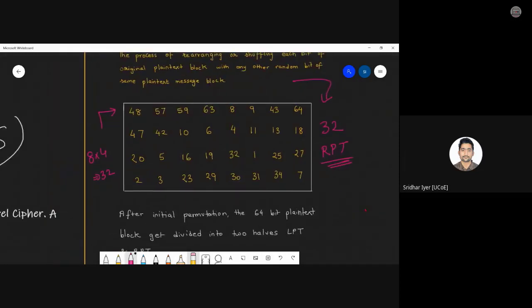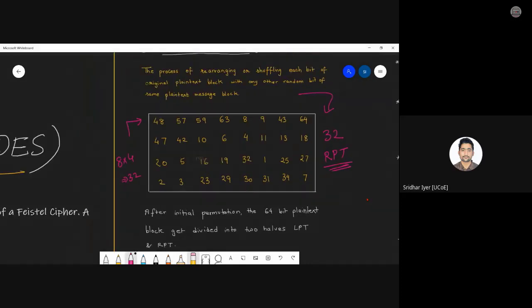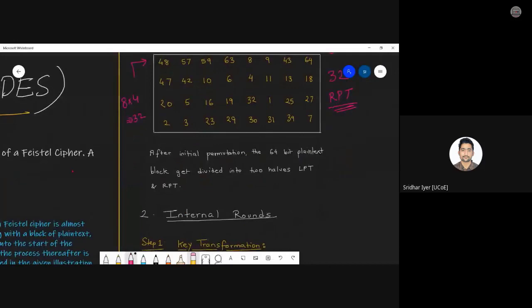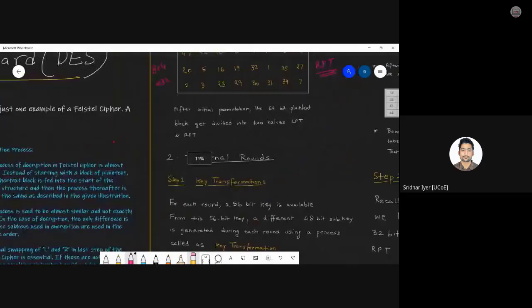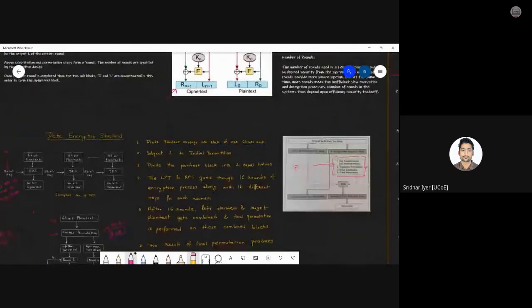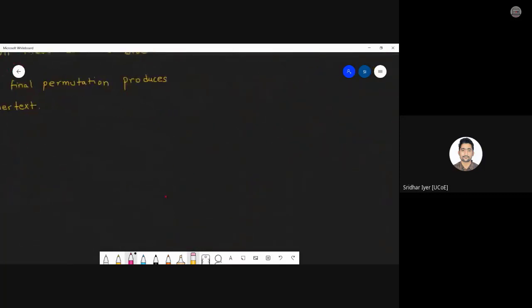Okay, so let's jump to the next step, that is your key transformation. We have completed the very first step, which was the initial permutation. After that, the next step was dividing it into LPT and RPT, which we have already done. So from here, our main task begins, that is round 1 to round 16. Rounds 1 to 16 are nothing but the operations that carry on inside the function block I have shown over here. We need to start with key transformation, then expansion permutation, S box and P box. Fine, so I will start with key transformation next.